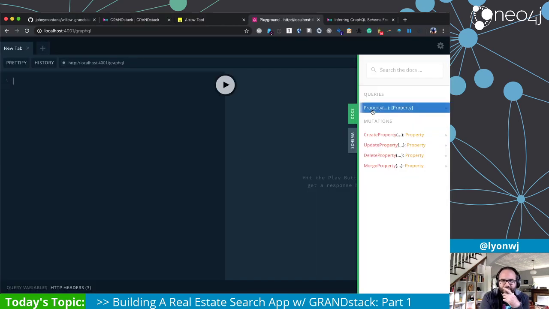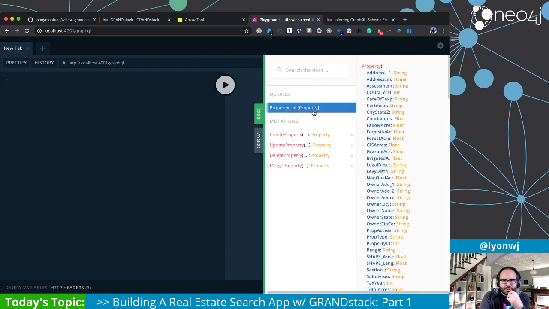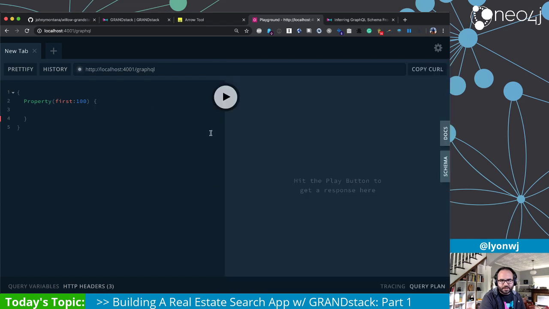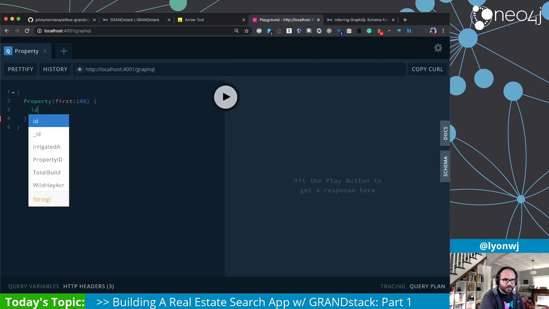And so we can see that we have one query entry point for property, and then we have mutations if we want to create, update, merge, or delete some of these. So starting off here, let's make this a bit bigger. There we go. Cool. So property, let's look at the, I don't know, first 100 or so. And let's close the docs here. Let's return